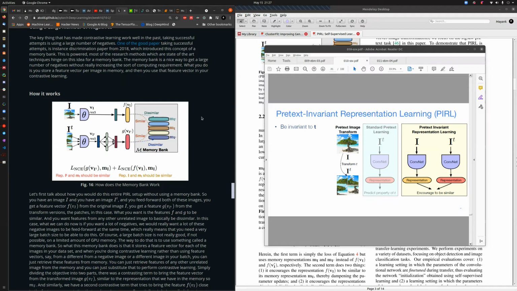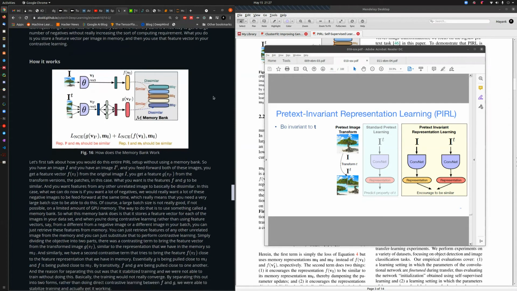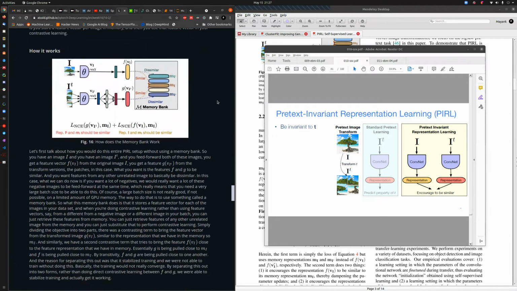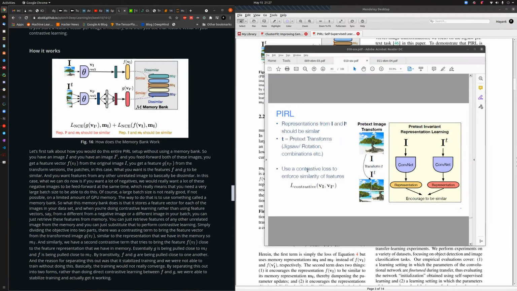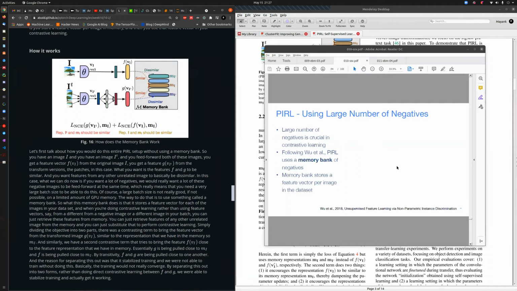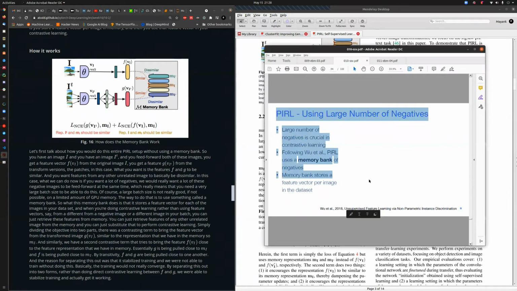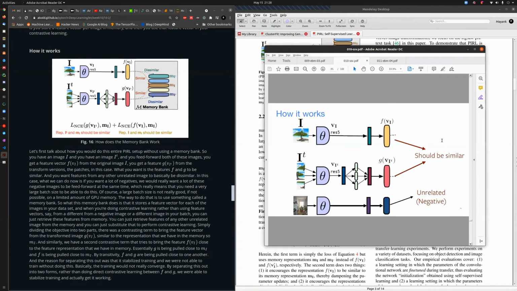So, a feature vector per image in a memory with respect to the contrastive approaches that we have. And they talk about this in the slides too. Now this works. I transpose should be similar. This is some other stuff which is unrelated, negative. So simply test it and do those